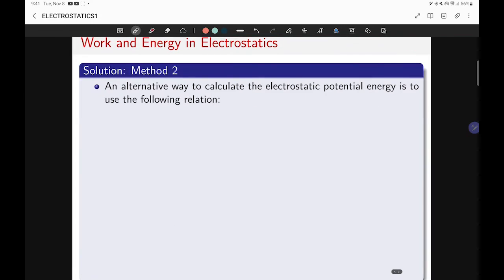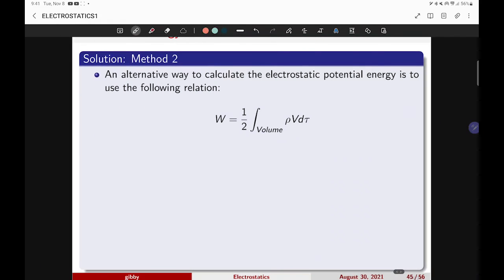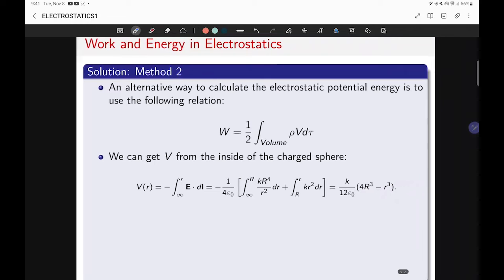How about method 2? So, an alternative way of doing it. We get this formula. So instead of finding the electric field, we will try to calculate the potential. So what is the potential in this case? So where do we get V? From the inside of the sphere. So the formula is given by this line integral